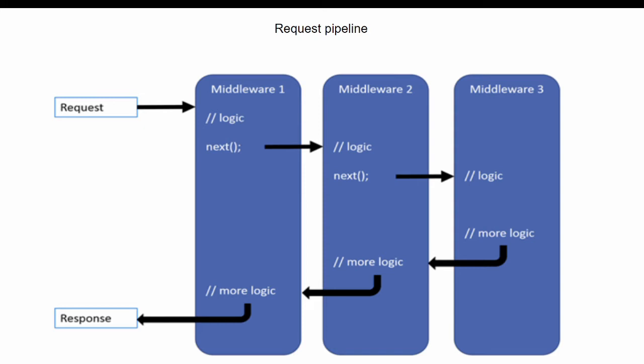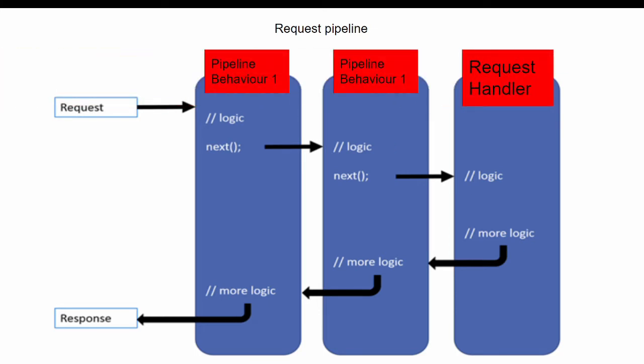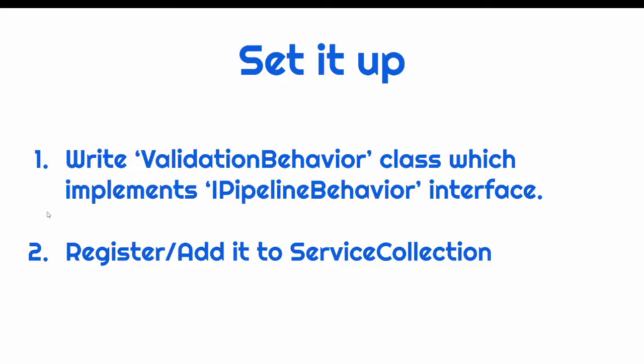And in the world of Mediator, you can visualize it like this. Here you can say that the last component is a request handler, and we can add multiple pipeline behaviors which will get executed before reaching the request handler. And we can also have some post processing code in it which can change or process the response returned by the request handler. We will be setting up this pipeline behavior for validation so that our request object will get validated before reaching the request handler.